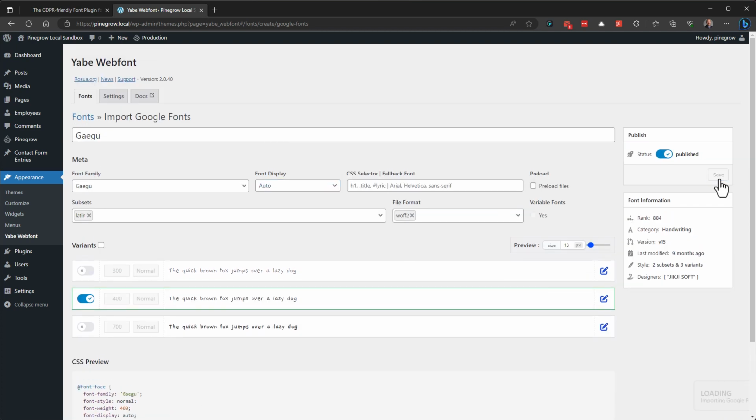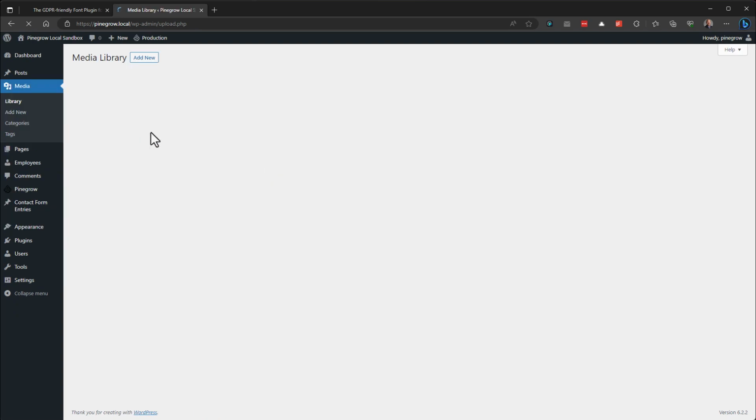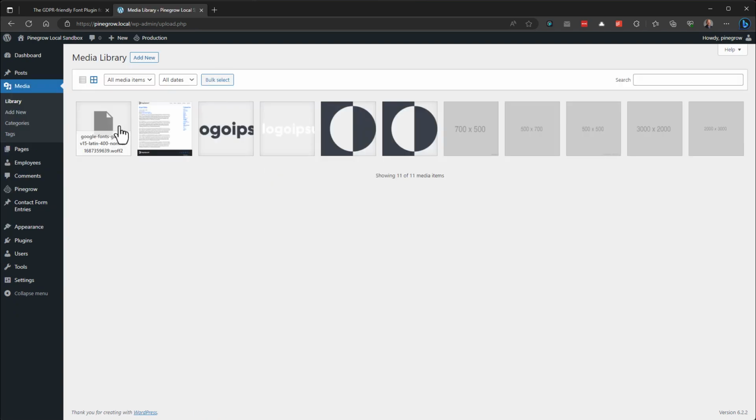All I'm going to do now is hit the Save button. And when we come back to the main font screen, we can see that we have it loaded. Hovering over our font shows us the variable for that font family, and we see a preview. If we take a look at our media library, you can see that it's automatically downloaded, converted, and imported the